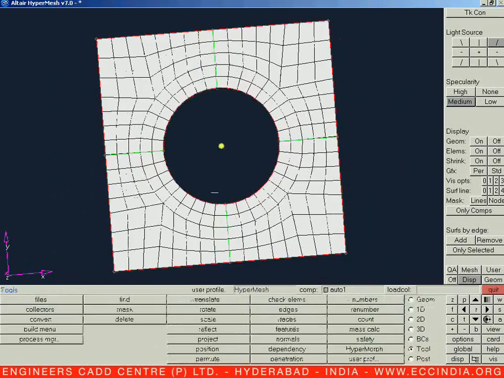So once you are meshing the quarter region, you can use that particular mesh along the full face. This is used generally for axisymmetric numericals. So this is the advantage of rotate, scale and reflect. Remaining are project and position. So we are going to see them in our next file.